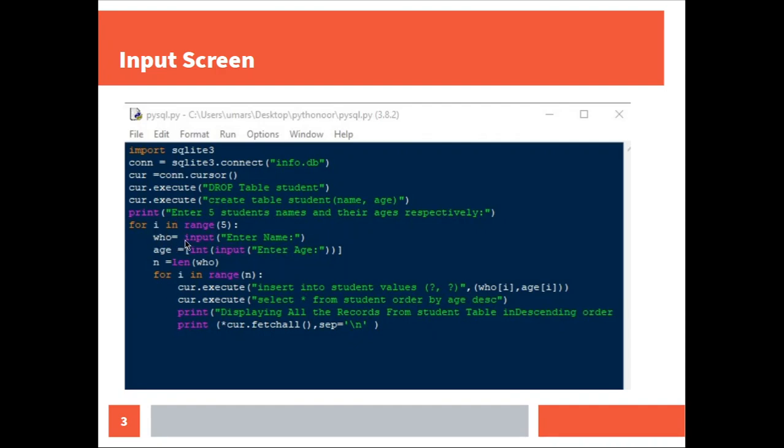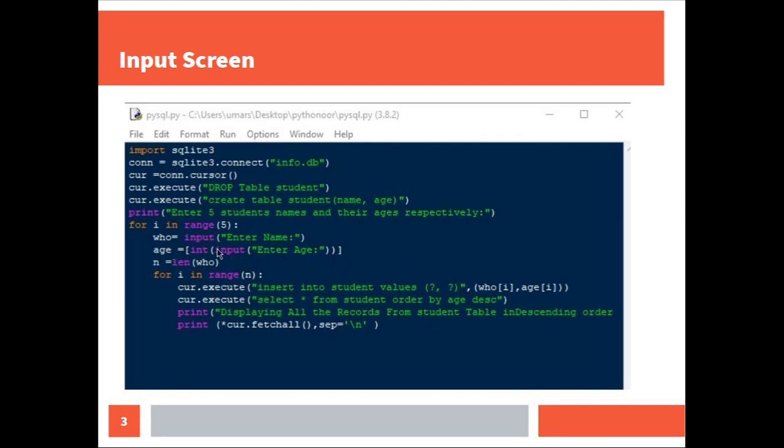So how to get the input? Input, enter name. As I told in the previous videos, Python always gets the value as a string, so no need to convert into an integer. Simply keep it as it is. Here a square bracket is missing, then only it will be an array-like structure. And then age is equal to int of input of enter age. So this is an input from the keyboard to get the numerical value, which is age. As we know, age will be entered only as text from Python. This has to be converted with the int function to get the numerical value, which is suitable for age.